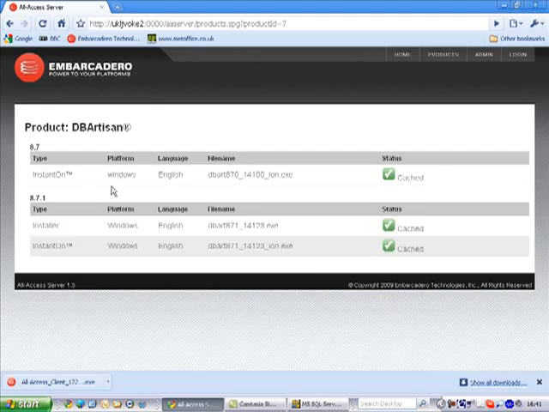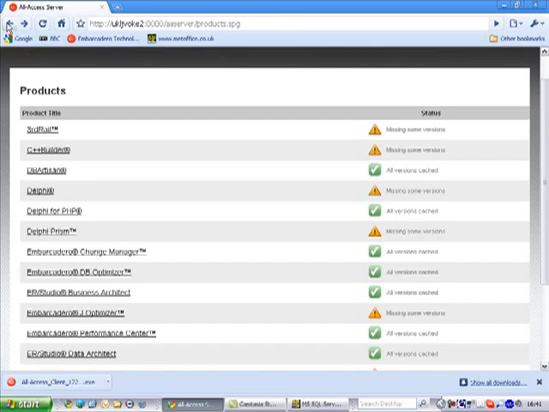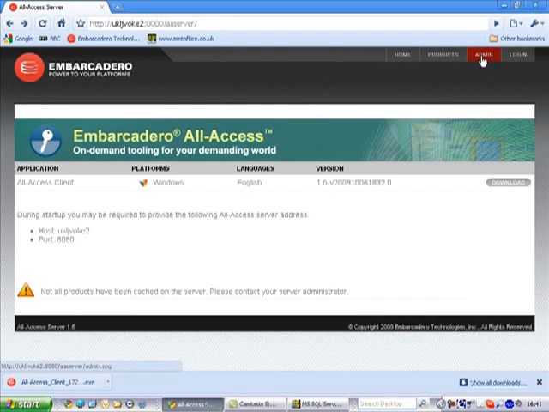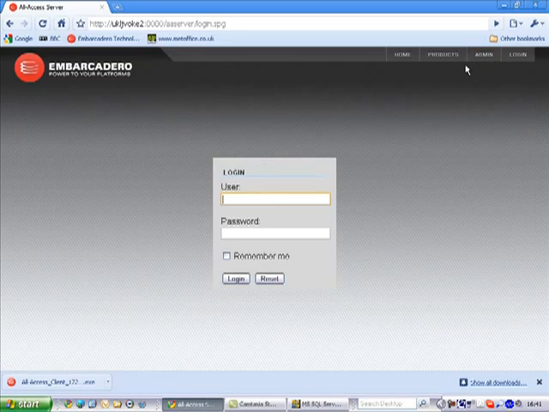Here you can see I've got installed versions of 8.7. I've got an instant on or on-demand version available to me of 8.7, 8.70 in this case, and 8.71 installer and instant on versions. If I go back through to the admin area and sign in,